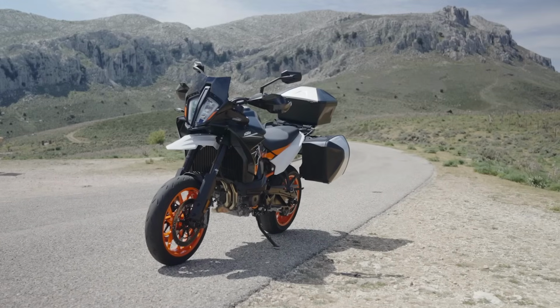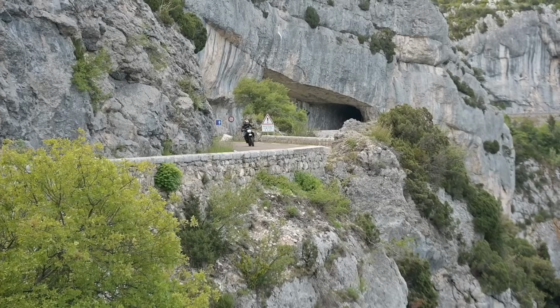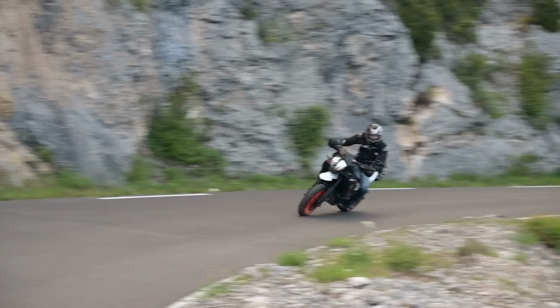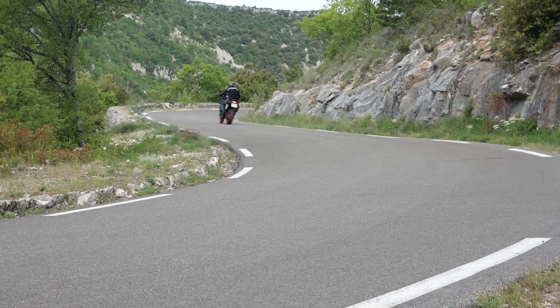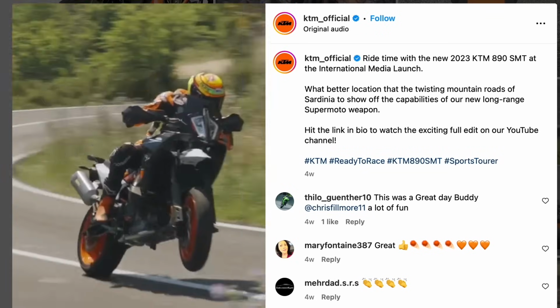Anyone with 250 to over 300,000 rand to spend on a sport tourer like this, and you'll easily spend that much if you spec it up with full electronics and luggage, wants a bike that can boogie with the best of them in the twisties, which the SMT most definitely does, but they also want a bike that does the more humdrum touring stuff just as impressively, which it also does, but with a relentless, though admittedly